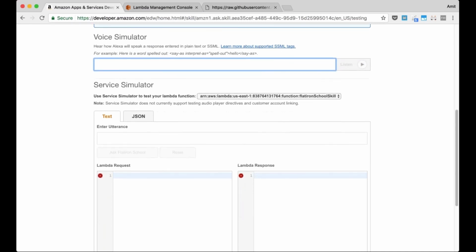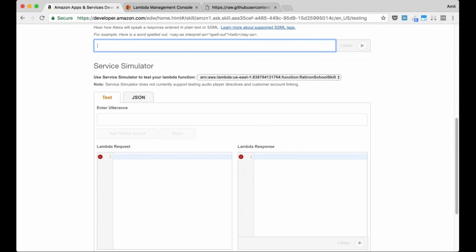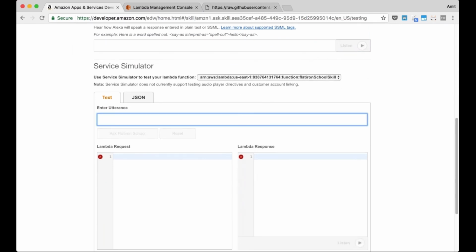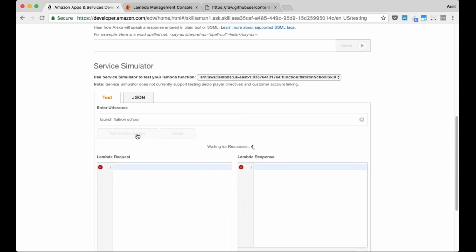But most importantly, we are more interested in the service simulator. The service simulator takes a bunch of text and then responds back in JSON. So let's see what's going on here. I am going to say launch Flatiron School. Now remember that's the invocation name of our skill. And I am going to click on Ask Flatiron School button.